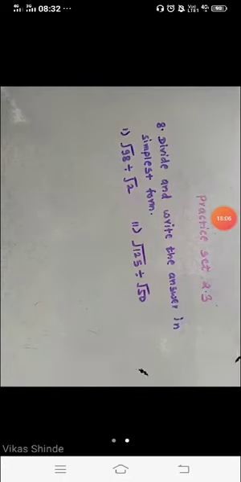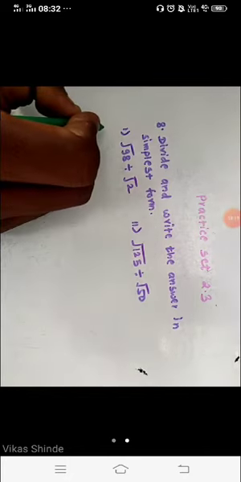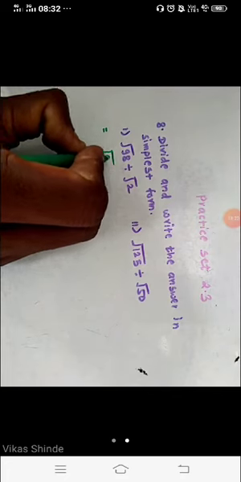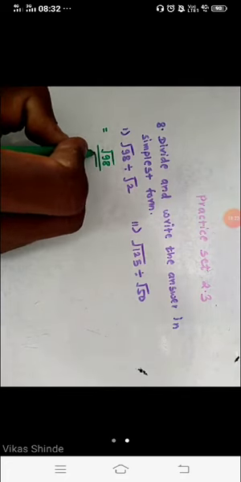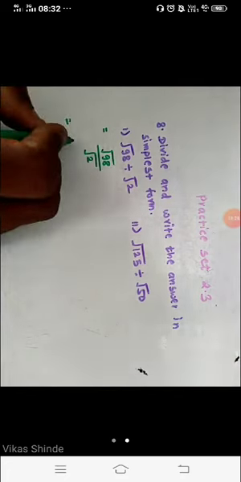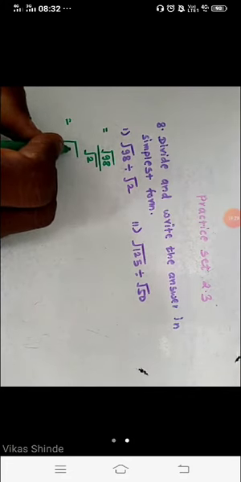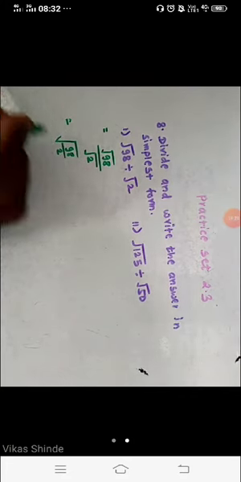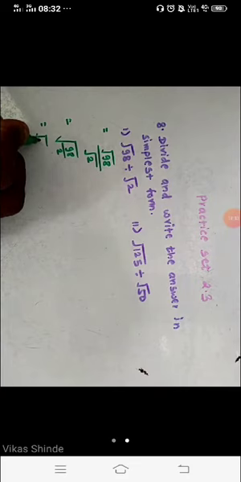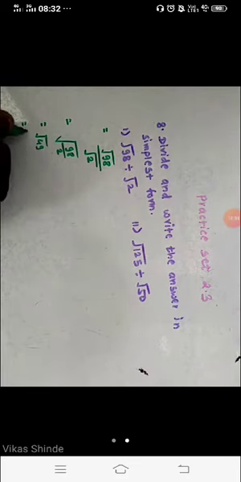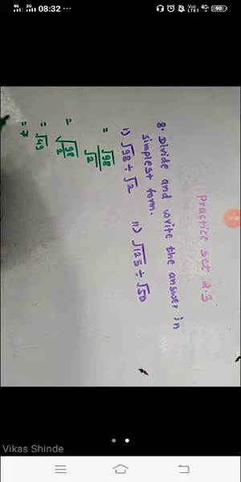Okay, student, now see the next question, question number 8 here in your textbook. Divide and write the answer in the simplest form. We have to divide these radicals, student. Question number 1 is here, under root of 98 upon under root of 2. We have to write under root of 98 divided by under root of 2, which is equal to, in the next step, we put a common root sign over these two numbers. Now divide 98 by 2, we get 49, and the square root of 49 becomes 7.